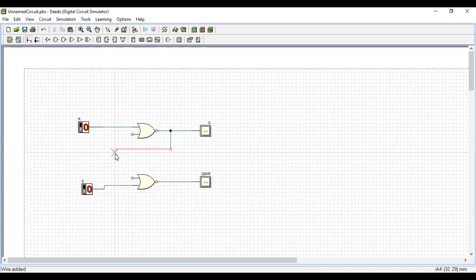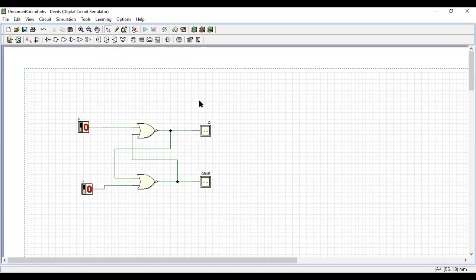Now you have to make the feedback connections. There is a feedback, so it means that there is a memory. Now the circuit is ready, so go for the simulation. Before simulation, I would like to recall its truth table. When both inputs are 0, 0, it will give me the old output.